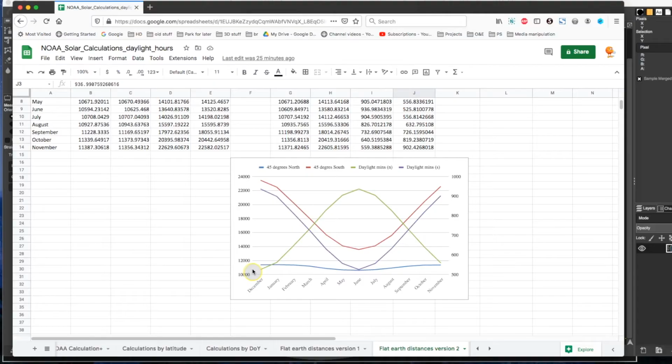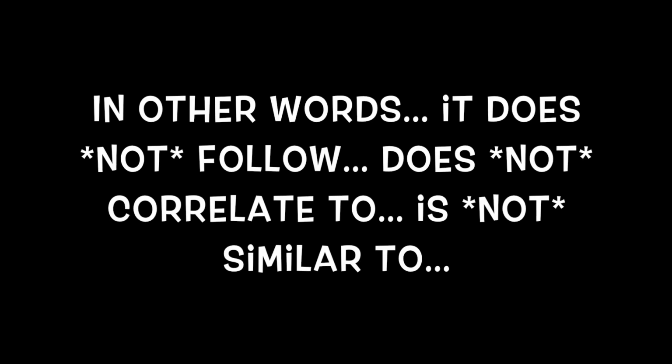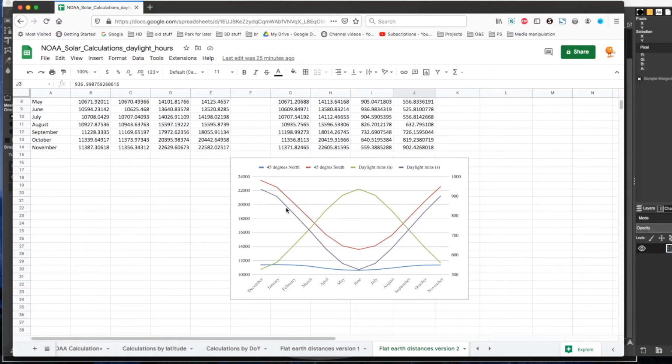When I look at the northern hemisphere, 45 degrees north, the pattern is completely opposite. The distance between the observer and the subsolar point at sunrise and at sunset gets closer at June, just like it gets closer at 45 degrees south. However, in this case, for the north, the daylight hours increase rather than decrease. Here you can see that the daylight hours are mirror opposite of each other, but the distance to the subsolar